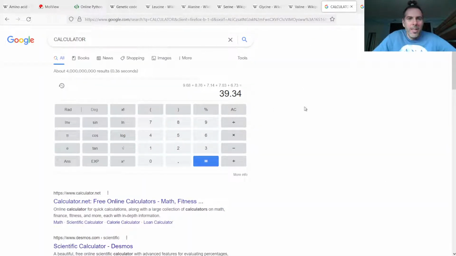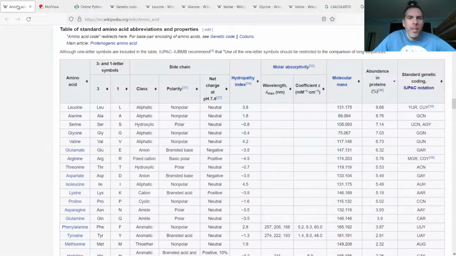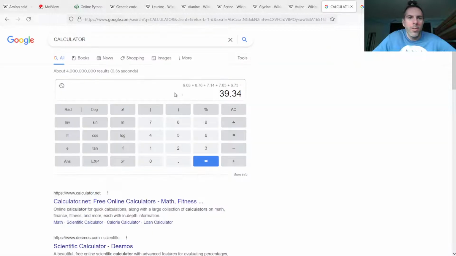So this is just a calculator, and I've added up all the percentages that we've seen so far from the abundance of the amino acids. Maybe I'm a little redundant here, but 9.68% is leucine.